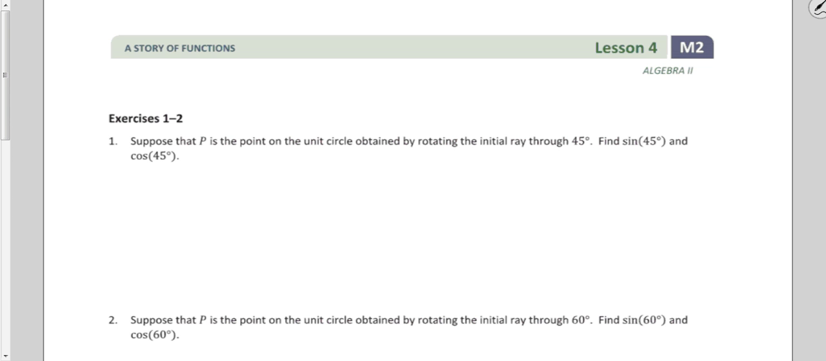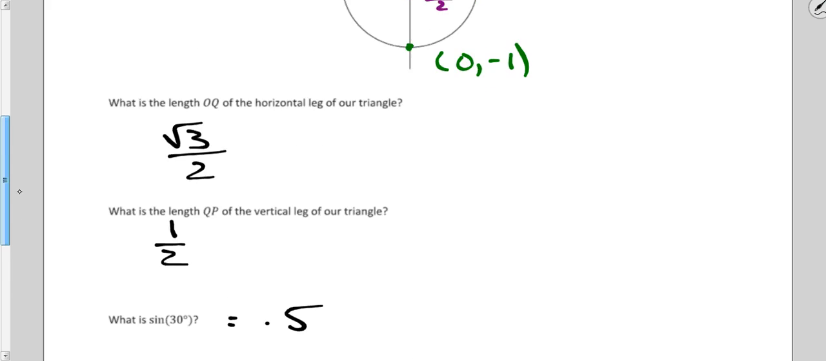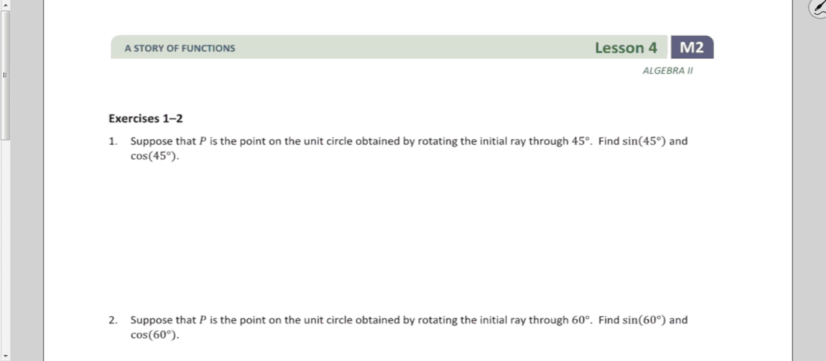All right? So, when we last left off, we were down here. We basically figured out that if I had a 30-degree angle, the length of OQ, which was this bottom side, was root 3 over 2, and the top side was 1/2. We are going to do the same thing, except instead of my initial ray being